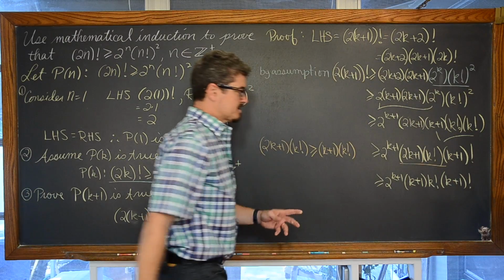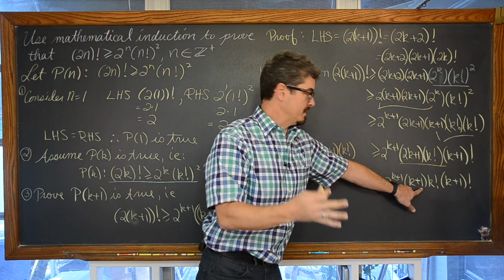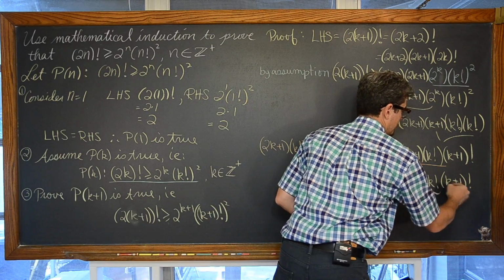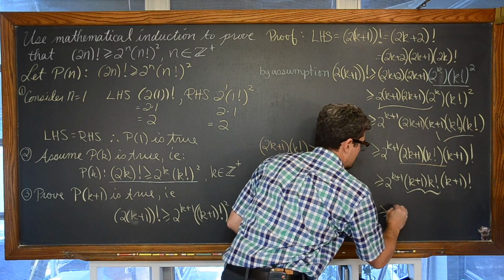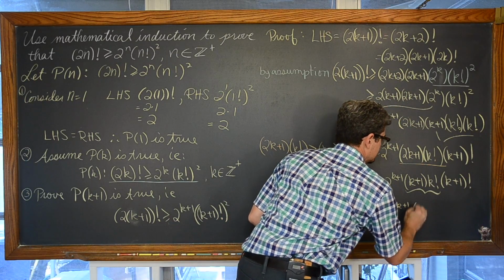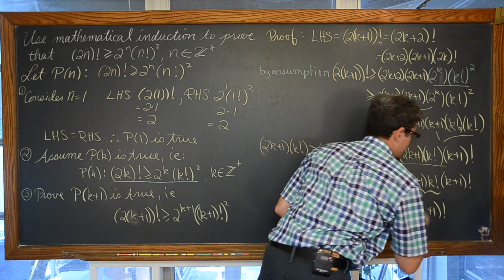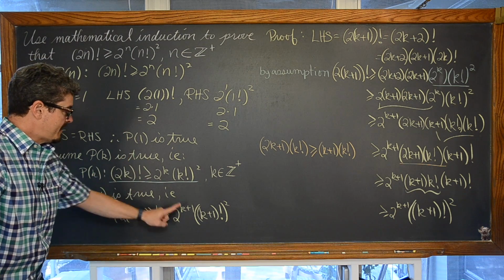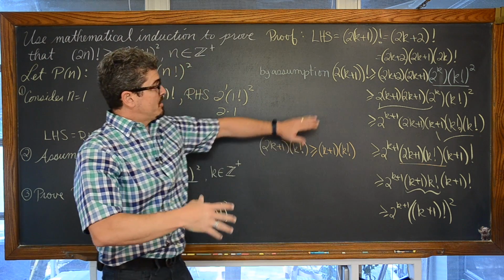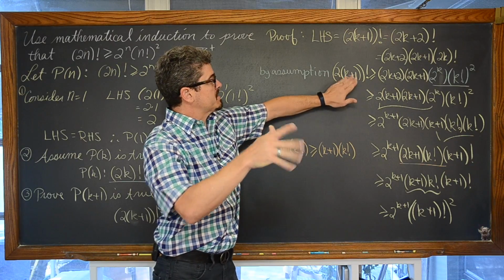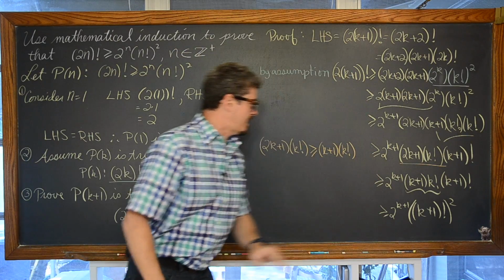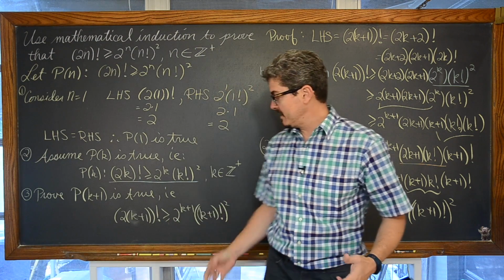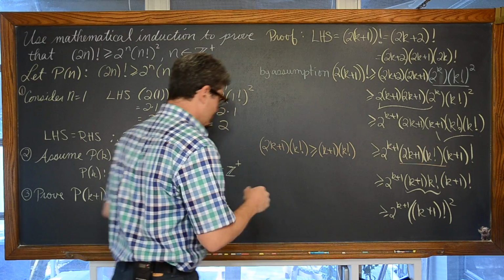And I'm running out of space, so we've already shown how this is equivalent to (k+1) factorial. So this, combined with this, makes (k+1) factorial squared. And that was our right-hand side. That is a match. Now we've shown that 2 times (k+1) factorial is indeed greater than, well, what we set in our final statement here, our P(k+1) statement, as being true, and that is the end of our induction proof.